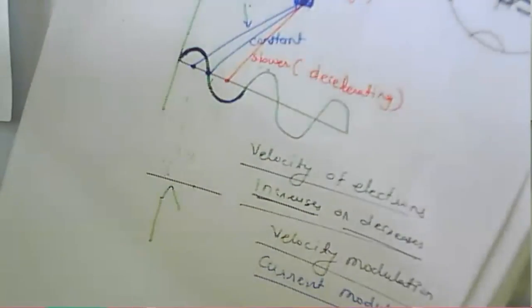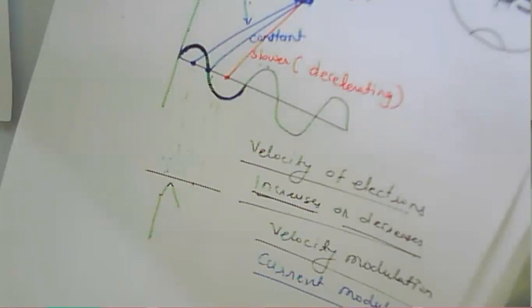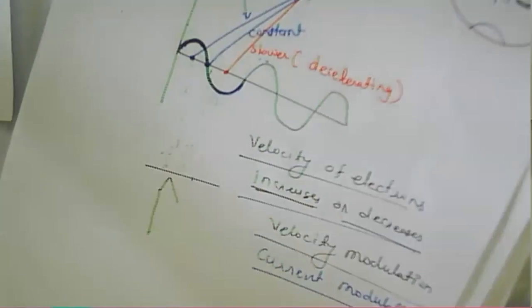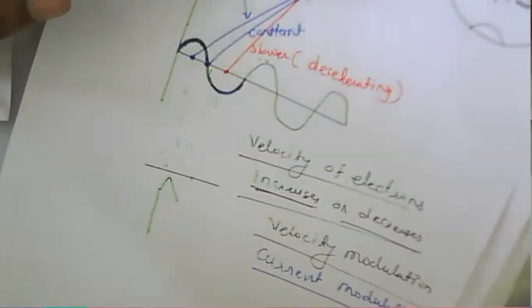In the velocity modulation, the velocity of the electron changes due to the field. You can say that acceleration and deceleration of electrons takes place. And current modulation means that the electron will provide its kinetic energy to the field, and when they provide the energy to the field, their speed is lower, and then they will be caught by the catcher, or we can say collected at the collector there. That is about a klystron.